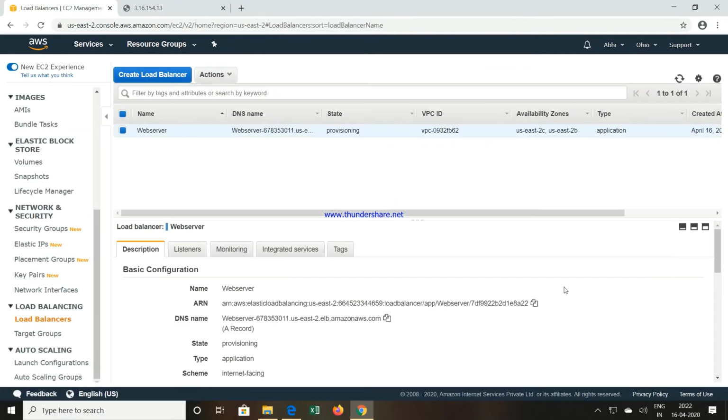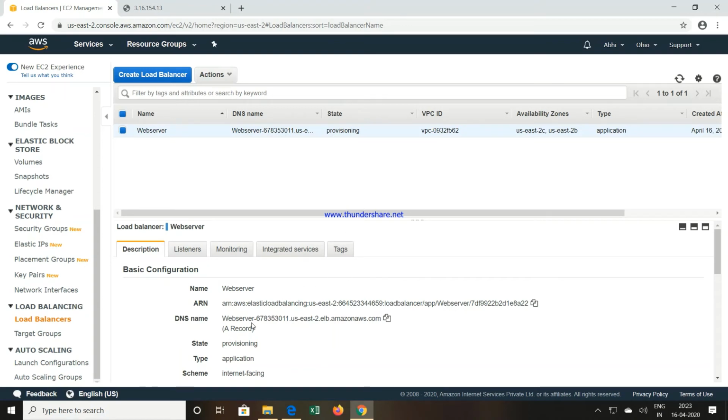So I will click on close. I will go back to this particular page. By default, you can see a load balancer is created by this name, and the availability zones are 2C and 2B. Still the state is provisioning. Once it becomes active, then we can test whether the load balancer is working or not. How to test now?